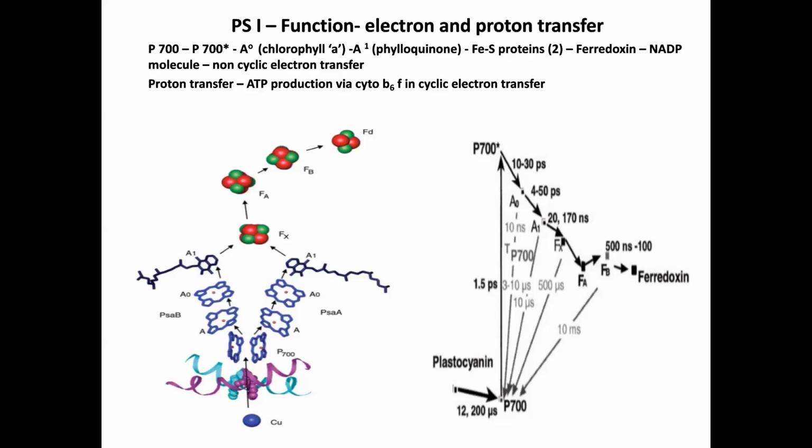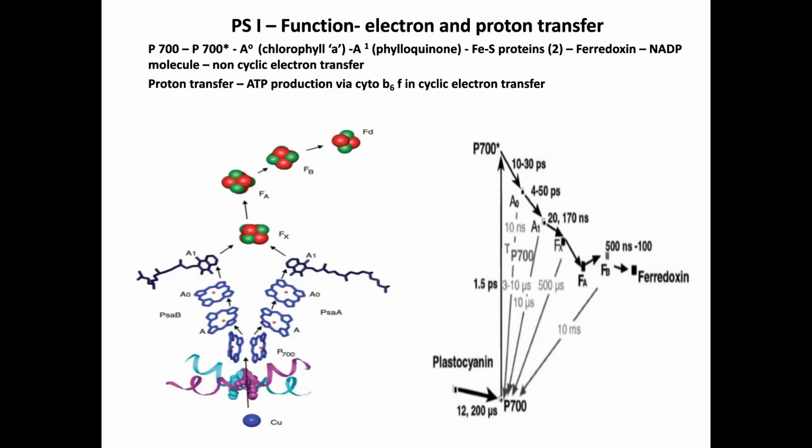Pyridoxine functions as the principal PS1 electron acceptor. It reduces NADP via the enzyme FNR for various reductive biosynthetic pathways. FD also reduces the cytochrome B6F complex or plastoquinone in a cyclic electron transfer pathway around PS1 that generates a proton gradient, and hence ATP synthesis. FD is a soluble protein with 1 iron sulfur cluster that accepts electron from the FB cluster on the stromal side of the PS1 complex.